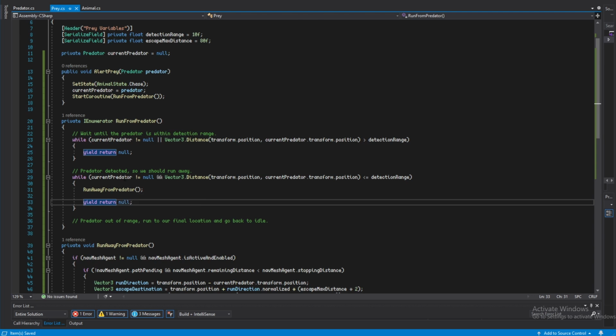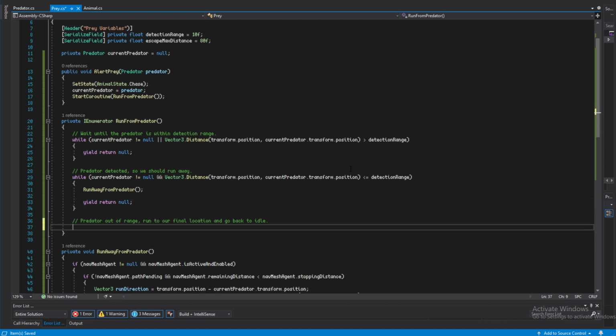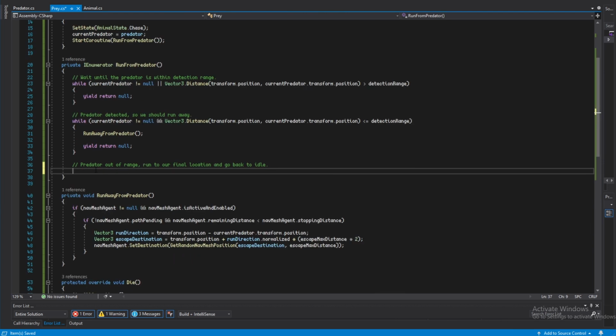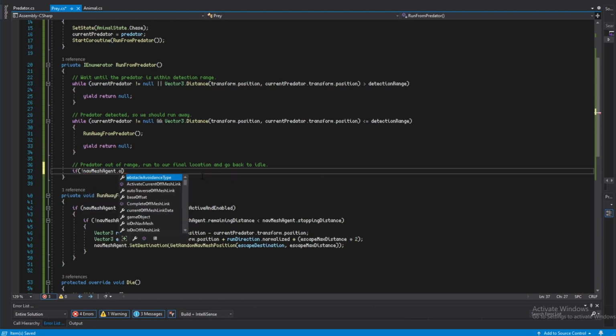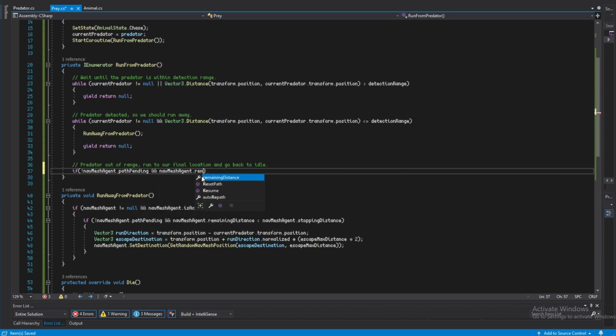So this means that while we are being chased by a predator, we will run away, obviously. And one final section here at the very bottom is the predator is out of range, and we can run to our final location and go back to our idle and wandering states. So to do this, we're just going to do if exclamation mark navmesh agent dot path pending and navmesh agent dot remaining distance is greater than our navmesh agent dot stopping distance,